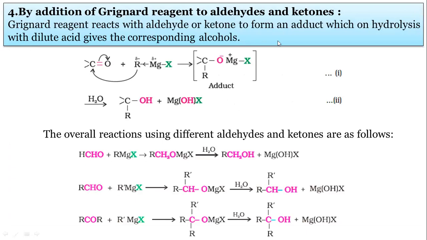Then the next method of preparation of alcohols is by using Grignard reagent. Remember, Grignard reagent was prepared by the scientist Victor Grignard. We already learned about this Grignard reagent in halogen derivatives, chapter number 10. It is an organometallic compound prepared with magnesium metal, RMgX. Here, in RMgX, Mg has delta plus and X has delta minus, and R